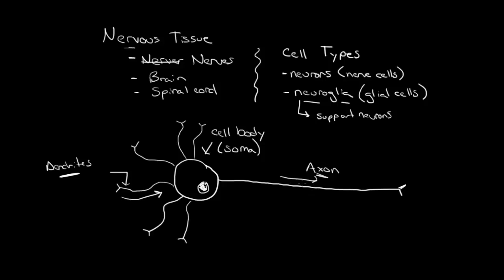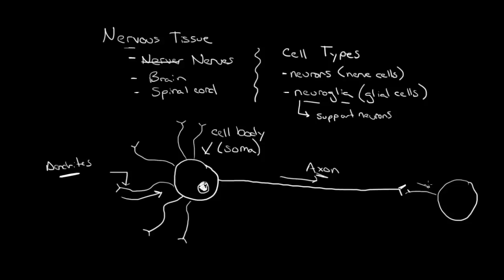Each neuron only has one axon, but it can have hundreds and thousands of dendrites depending on the type of neuron and its location. But dendrites bring information toward the cell body. Axons bring information away from the cell body. Okay? And then if you can imagine another neuron cell body here, and we'll draw a dendrite,